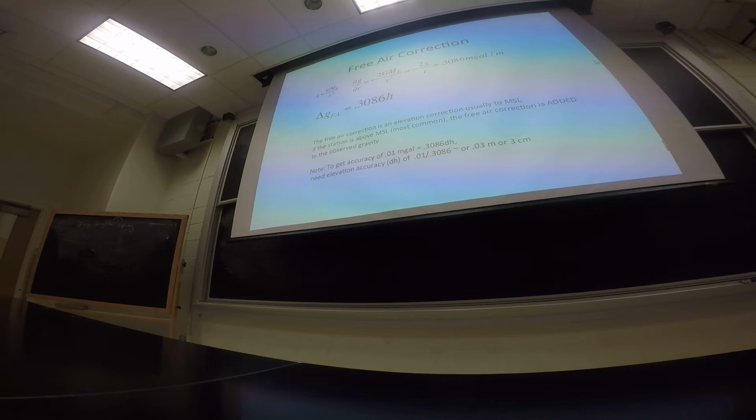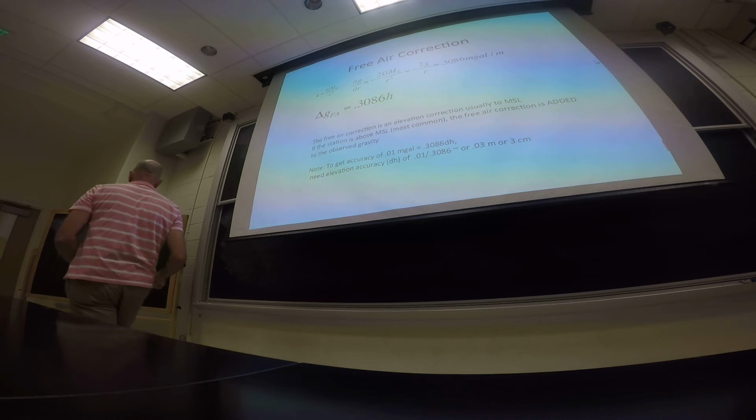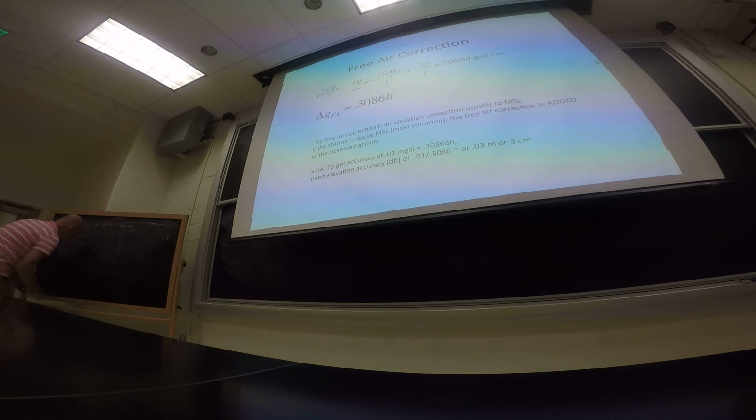So let's just write that out as a definition. So we'll do a picture first. Sea level. And this is the measurement point. Observed